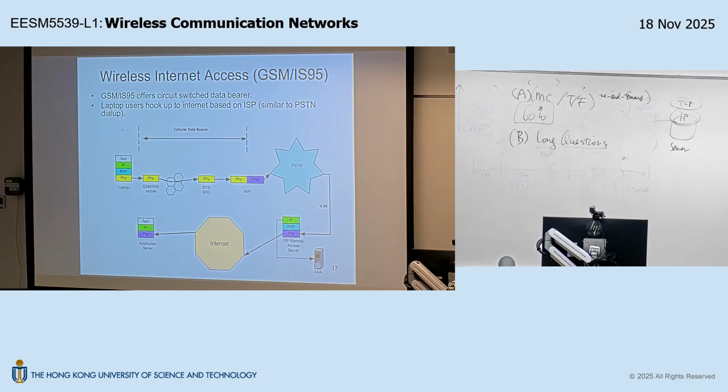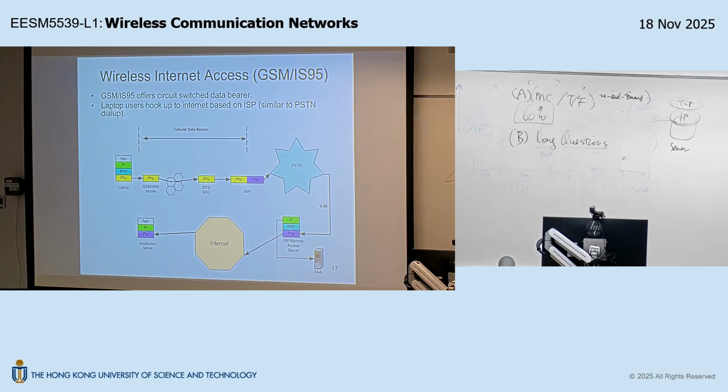So at that time, the 2G network, GSM or IS-95 mobile network, also supported browsing the internet when you're outside, okay? So when you're outside, you are still connected to the same ISP, Internet Service Provider. So the Internet Service Provider does not need to be aware whether you are inside or outside, okay? So, but when you are outside,